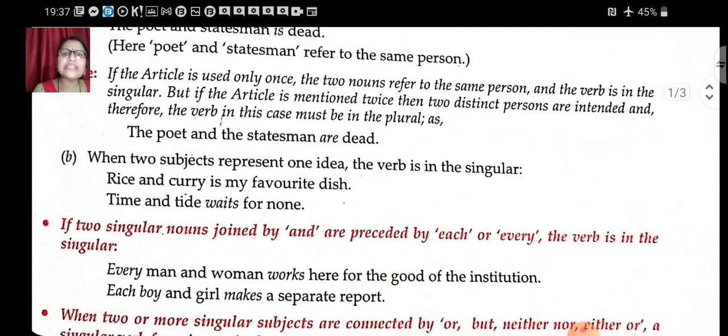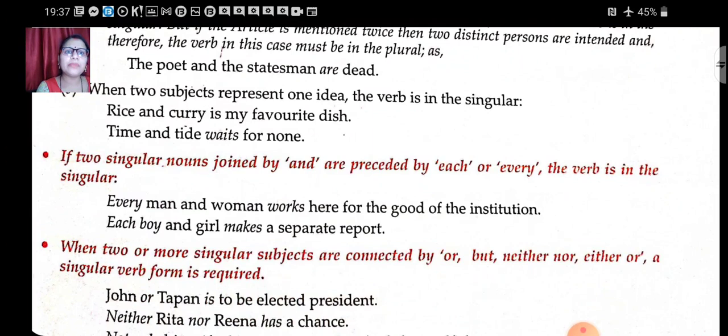So let's move forward to the next example. If two singular nouns joined by and are preceded by each or every, the verb is in the singular. Now remember students, preceded means in the beginning. In the beginning of your sentence you find the word every or each, then your singular nouns are joined by and also. Let's see some examples. Every man and woman. Now they are talking about the man also, the woman also. But it is a combined statement of the human,